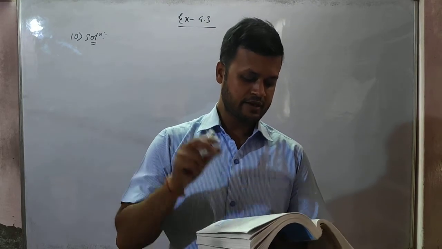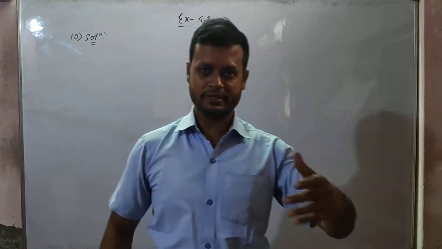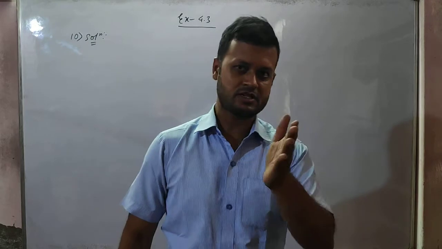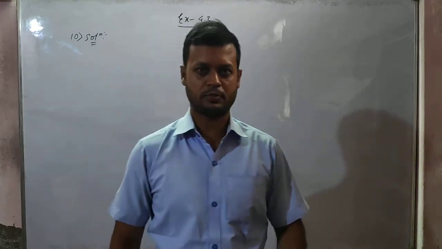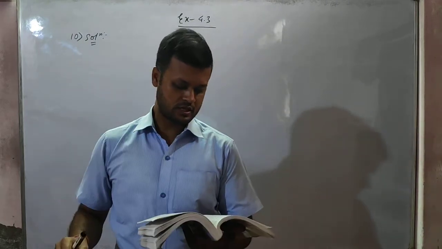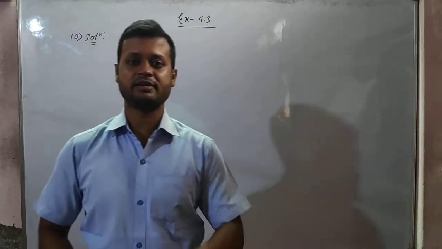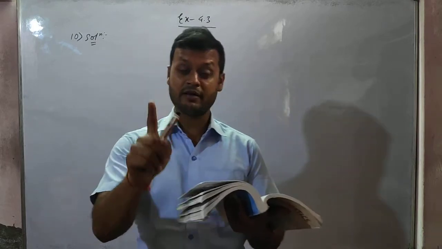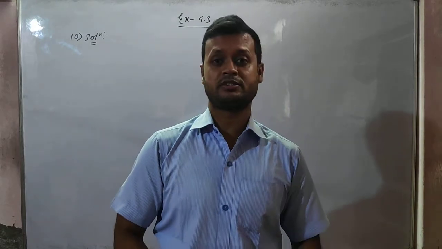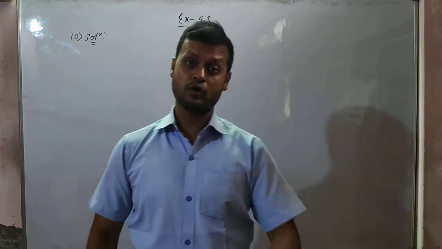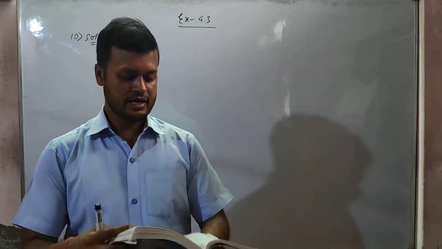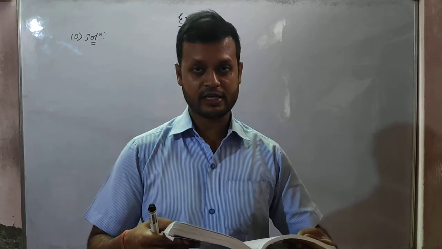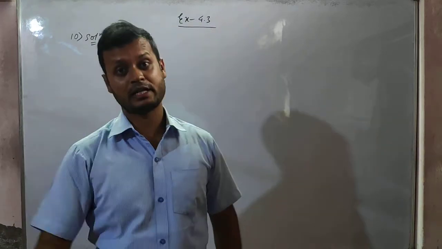Okay, if the average speed of the express train, that means in between the stoppages, when you go from Barpeta to Guwahati, several times the train stops in between, isn't it? Don't consider those stoppages. These stoppages are not considered. If the average speed of the express train is 11 km per hour more than that of the passenger train, find the average speed of both the trains. That means the average speed of the express train is 11 km per hour more than the passenger train.